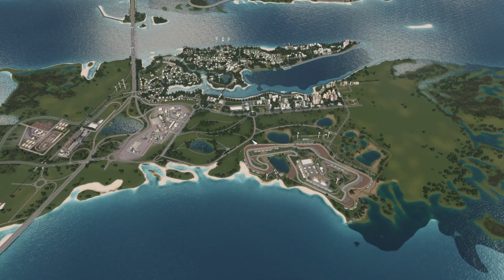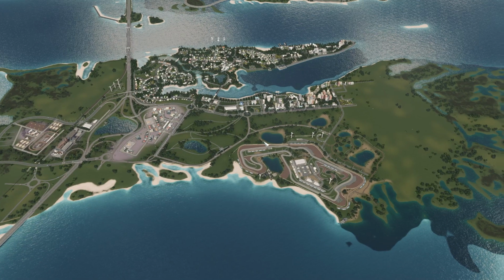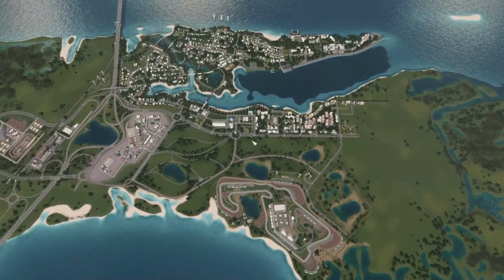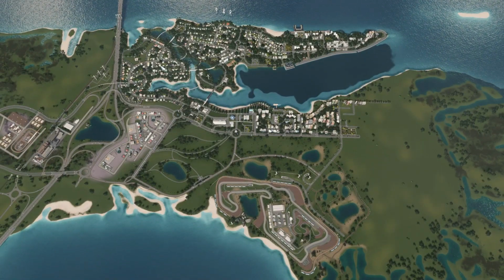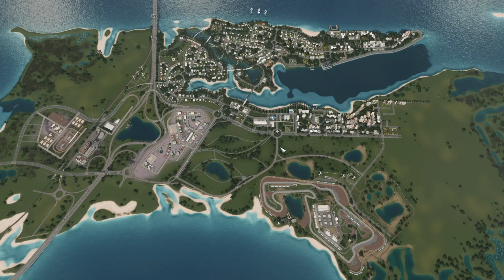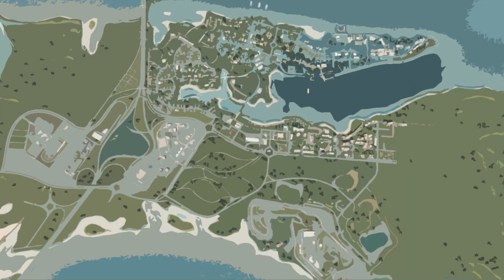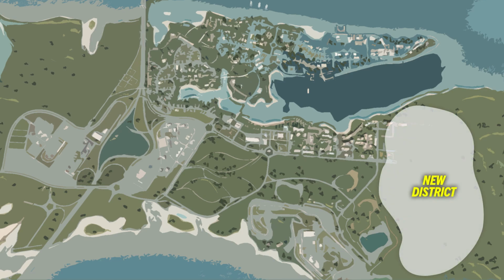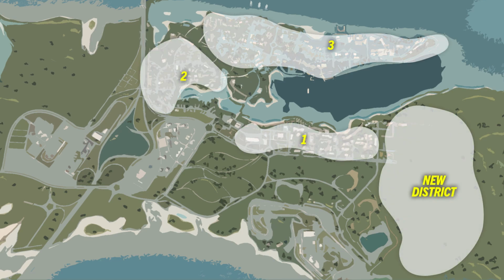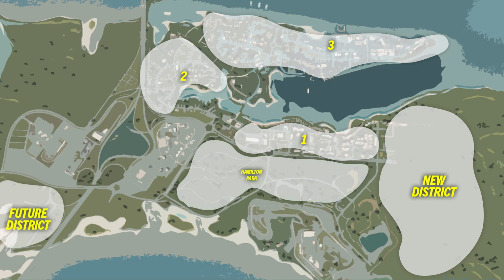So today we are focusing on a new area over here and also inputting some tram lines in these areas. So this video is going to split up into parts. In part 1 we'll be creating the road layout for the new district over here. In part 2 we are setting up Tramline 1, which will link the new district to the other districts in the area. And then Tramline 2 will be called the future Tramline, which will be linking the future areas and